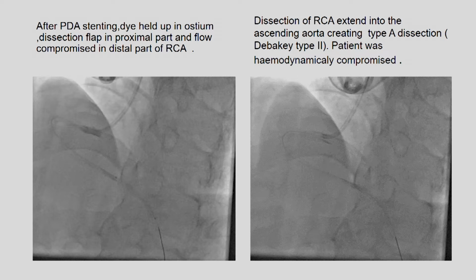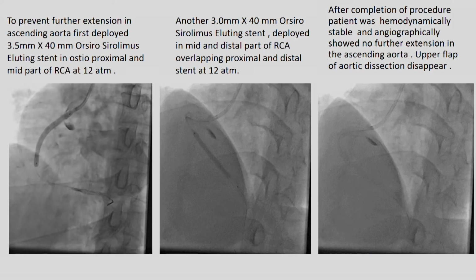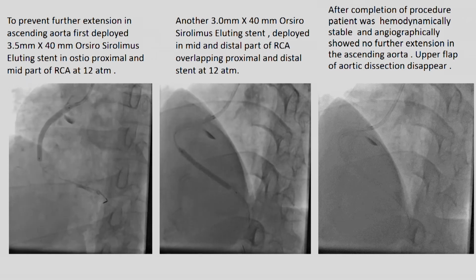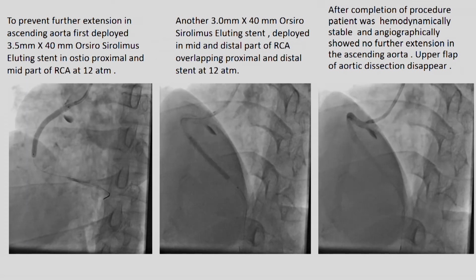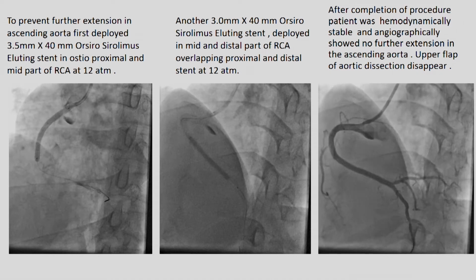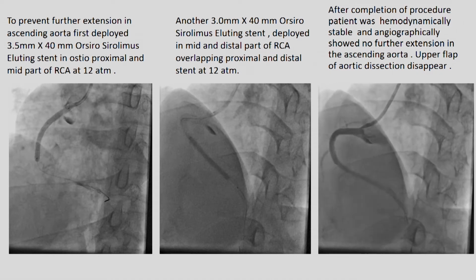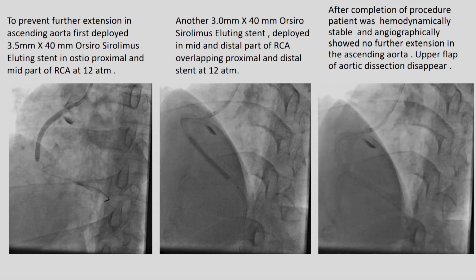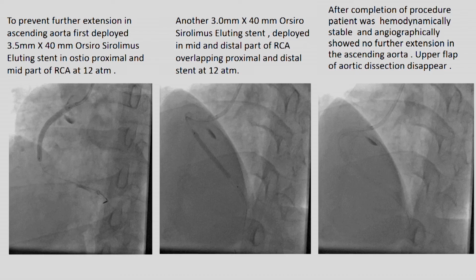Dissection of the RCA extended into the ascending aorta, creating a type A dissection, and the patient became hemodynamically compromised. To prevent further extension in the ascending aorta, we first deployed a 3.5 into 40 mm sirolimus eluting stent in the ostial, proximal and mid part of the RCA at 12 atmospheres, and another 3 into 40 mm sirolimus eluting stent in the mid and distal part of the RCA, overlapping the proximal and distal stents